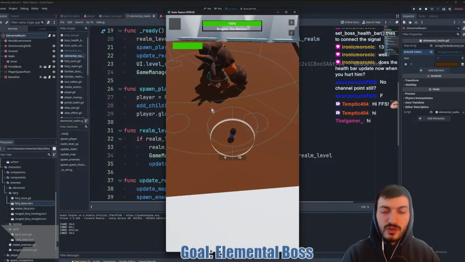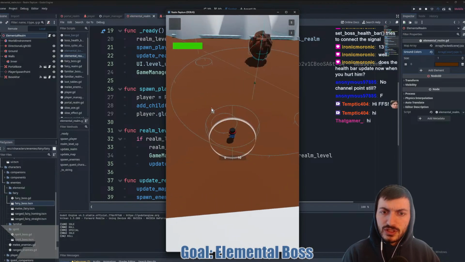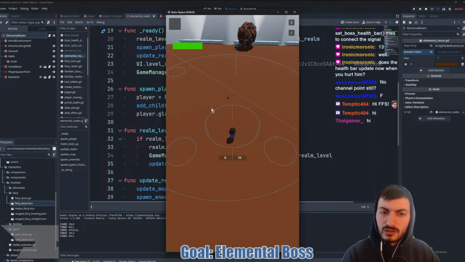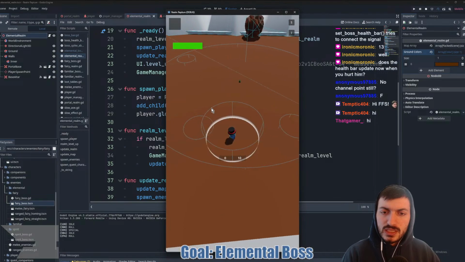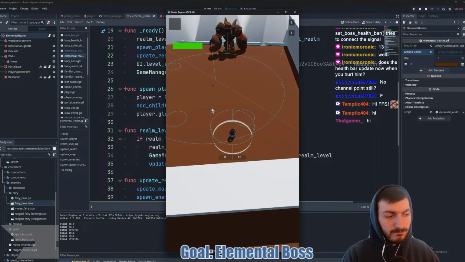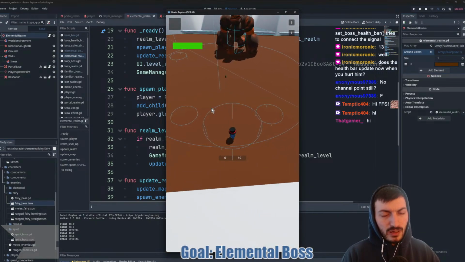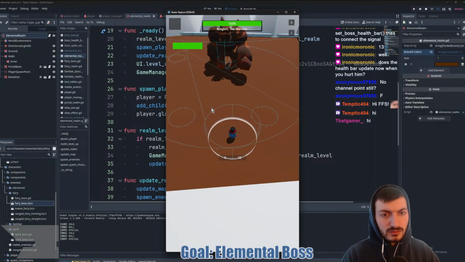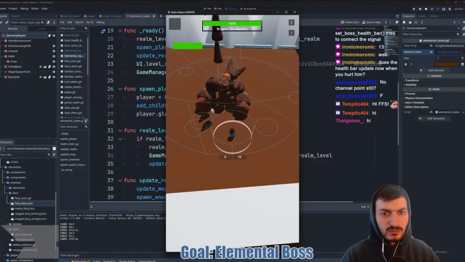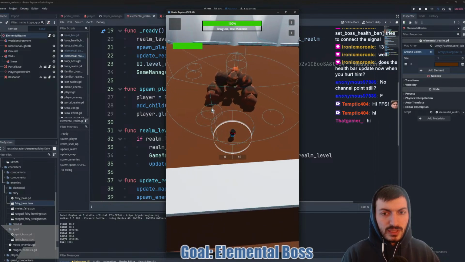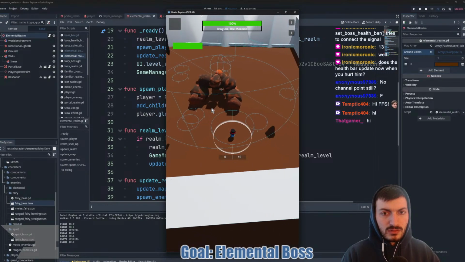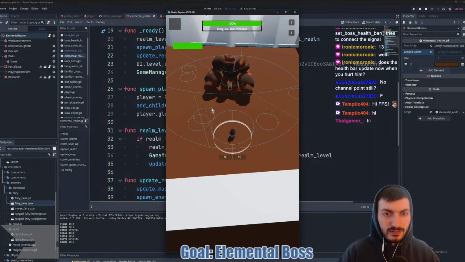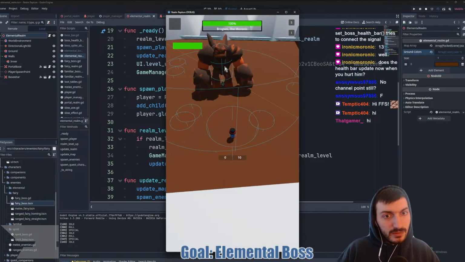Okay, that worked, but 3 of them did not queue free. Interesting. 2 of them did. 3 did not. So now we go again. 1, 2, 3, 4, 5. Yep. And they didn't queue free again.